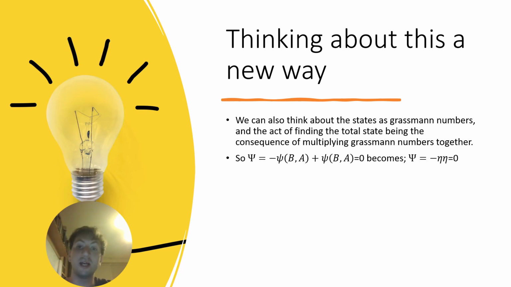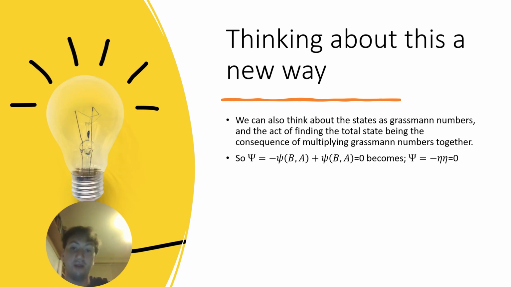We can rewrite that as the total wave function is minus eta, which is a Grassmann number used to represent the wave function of BA, and then we multiply that minus eta by eta